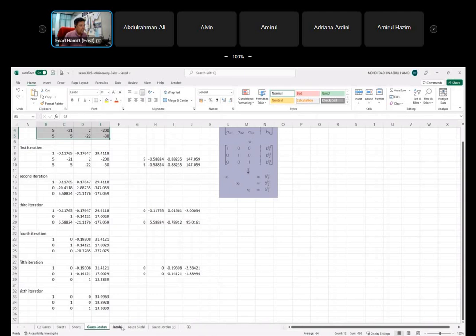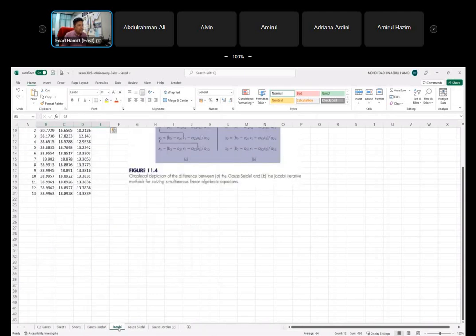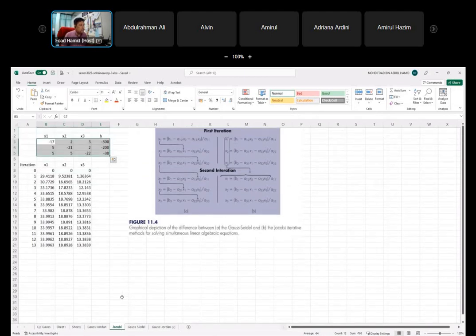And of course, there are Gauss-Seidel and Jacobi, which are iterative methods. Some people say that the iterative method is easier. Of course, it is easier because it is just calculation and calculation. But there's one problem here. Before I change it, you can see that the answer is converging to the value that we want, the same as our Gauss-Jordan and Gauss elimination. But if I change this to -2,